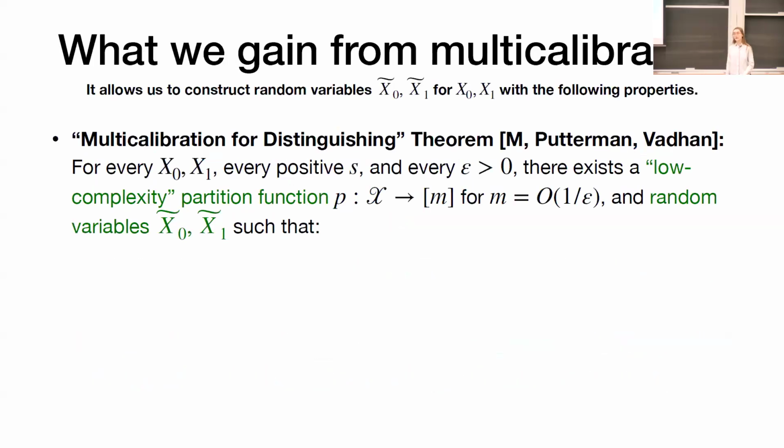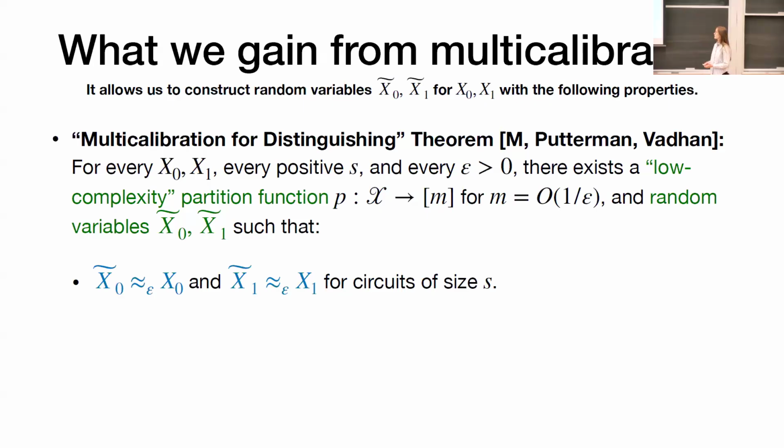So what do we gain from multicalibration? We gain this different characterization of multicalibration for distinguishing between distributions. For every x0 and x1 and parameters s and epsilon, there exists a low complexity partition function for m equals order 1 over epsilon. Low complexity here means that it's computable by circuits of size s times poly 1 over epsilon, though I won't be explicitly stating it here. And m is order 1 over epsilon, so there are very few parts here. There also exist random variables, x0 tilde and x1 tilde, that are efficiently computable given descriptions of x0 and x1,